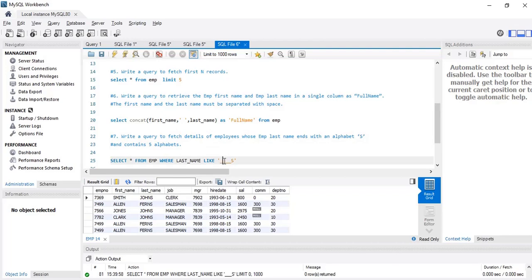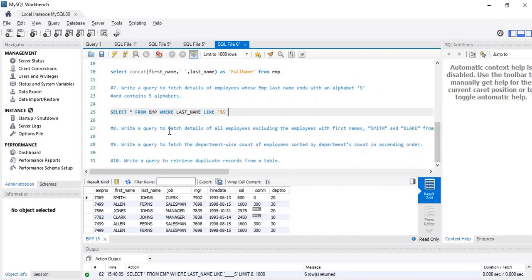When I use an underscore, it means that position is taken, so those many positions will be taken. Now if I write percent over here, that means any number of characters can be there.